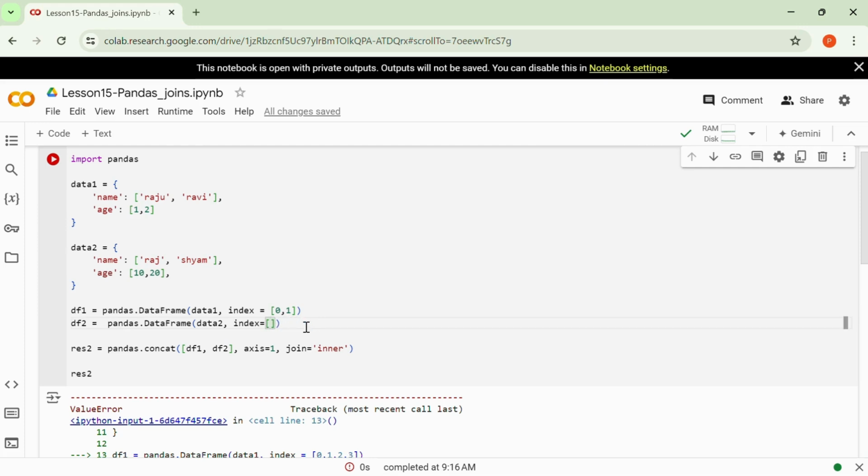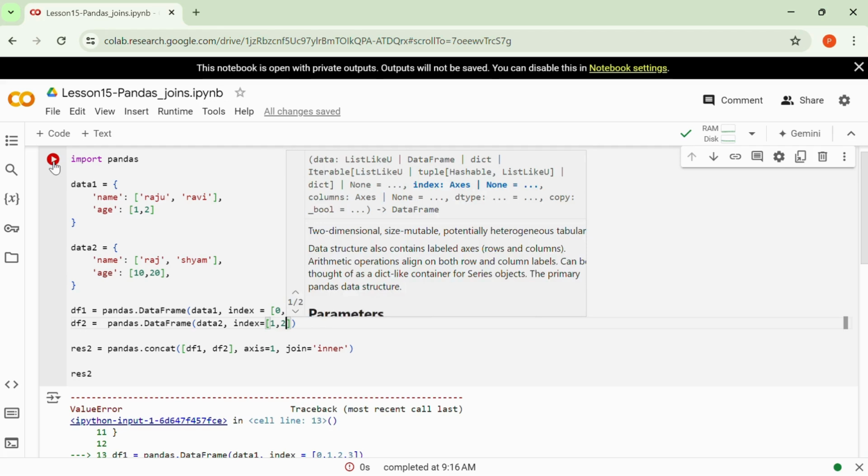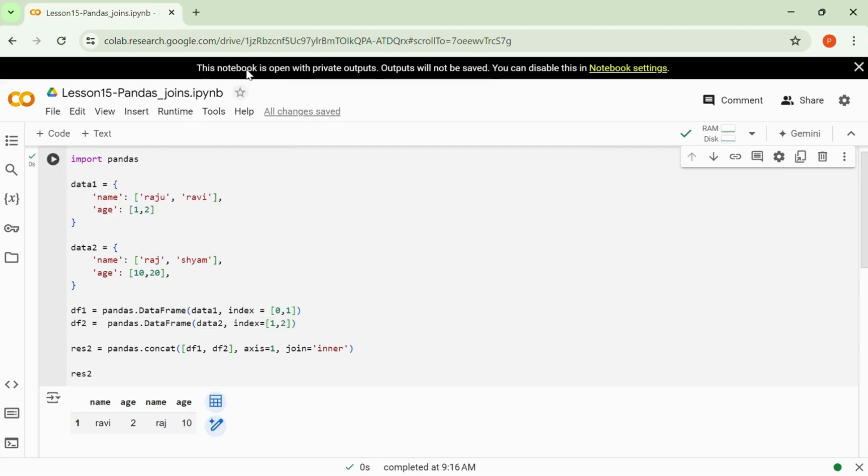We will change the index to 1, 2. So we have got the result when both the frames are joined together and our join is inner join,